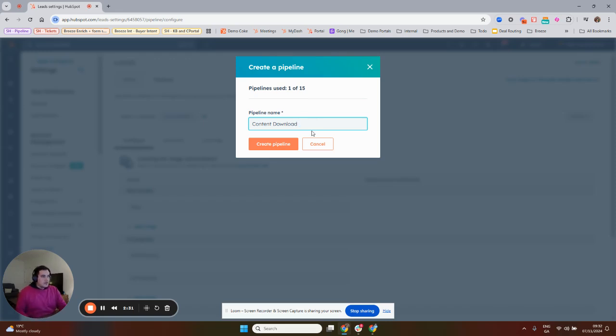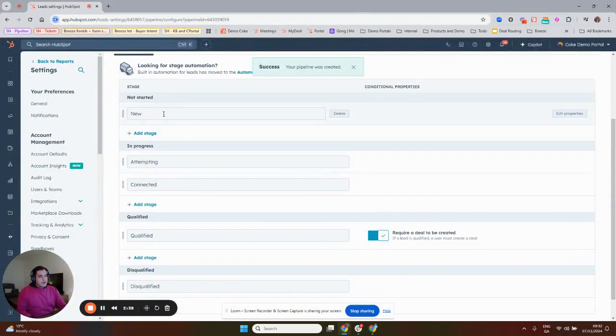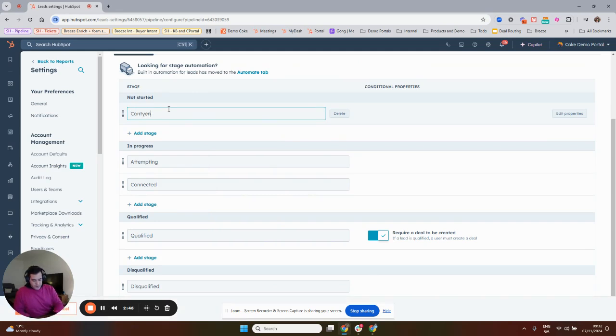We don't have to actually call it pipeline, but we can call it content download. For the stages, my recommendation, and what I've seen working with other customers, is follow-up email send, resource access,